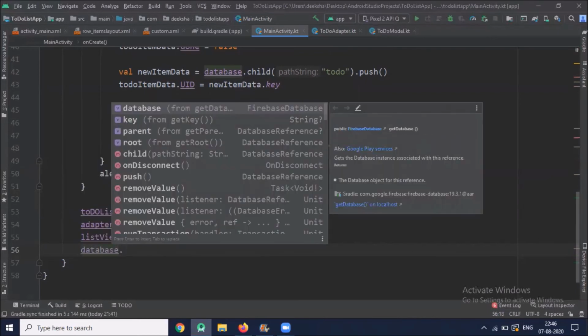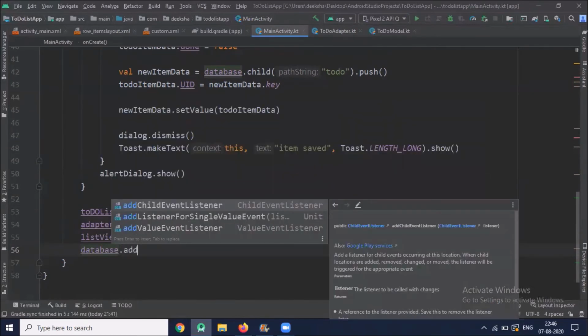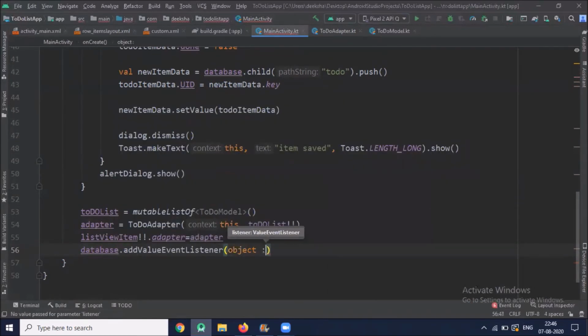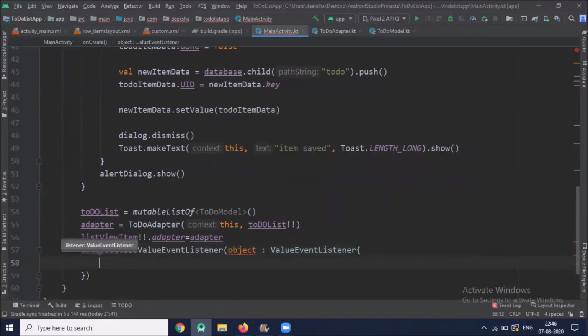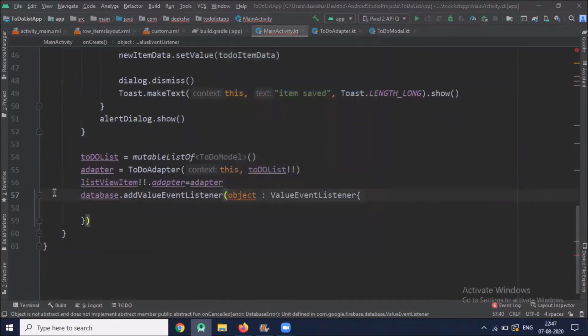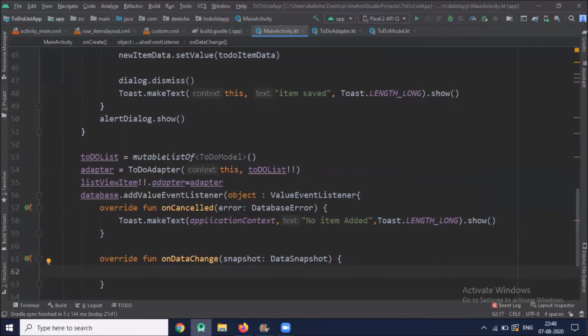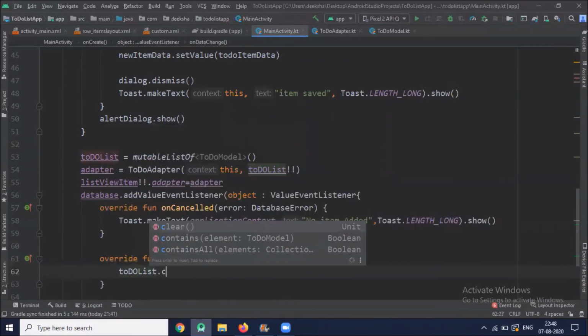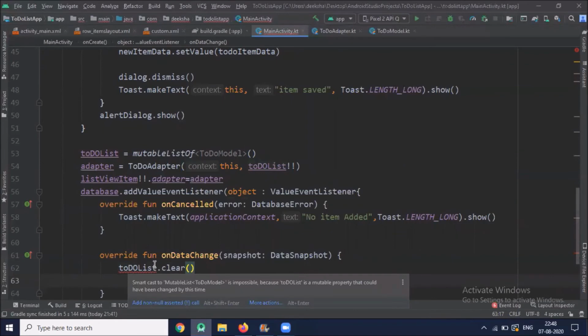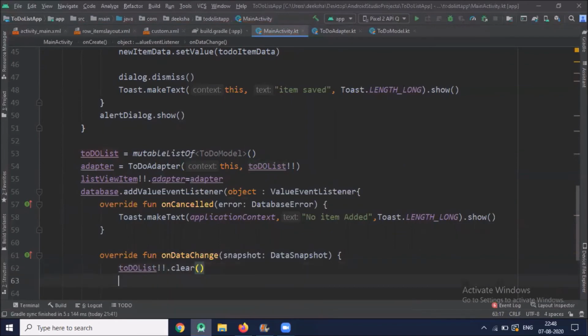Here we use addValueEventListener. On cancel, we display one toast message. On data change, first we clear our list view, and create one method to add the item in the list view.